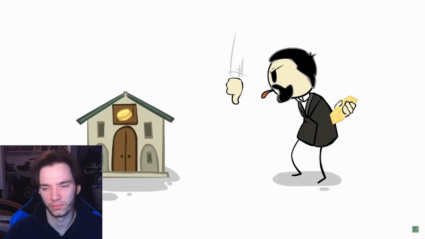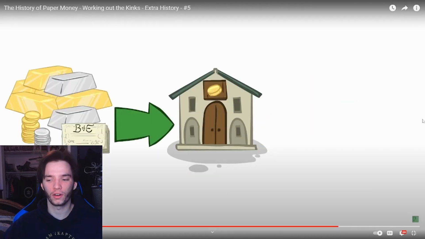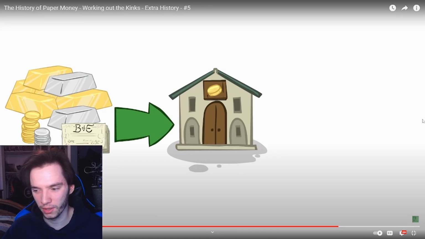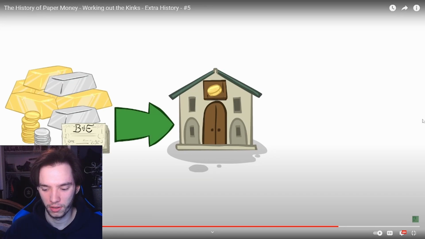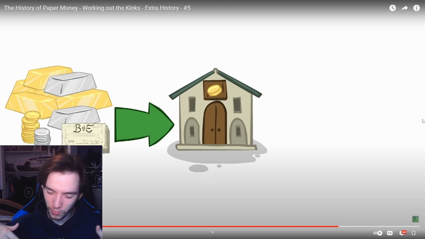And if this starts happening on a broad scale, it creates another problem. People stop depositing money in banks at all, and instead start hoarding it because they're afraid that the banks are going to go bust. Meanwhile, oh, I think I know what the solution is going to be. The solution is going to be that the banks start providing you interest on the money that you leave within them, because then you are more...